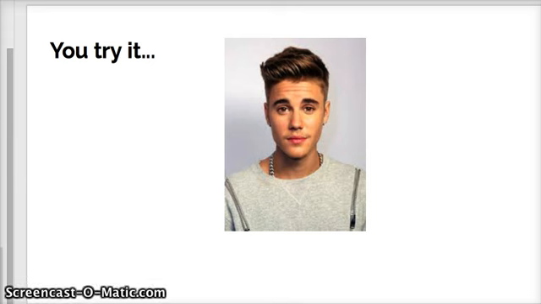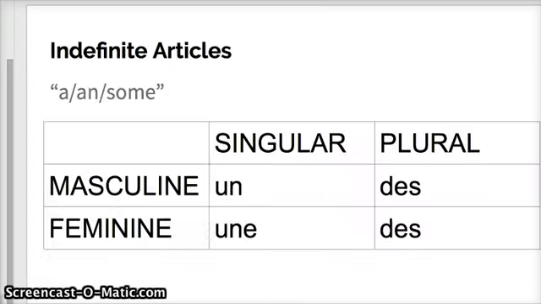If I were to do it, I would say, voici Justin. So this is Justin. C'est un garçon. So it is a boy, or he is a boy. So voici Justin, c'est un garçon. So I would make sure that you understand how to do that for some practice in class tomorrow, introducing people. Okay, that being said, moving on to the next, we have indefinite articles. So you've been seeing these as we've been going over this vocab for people.